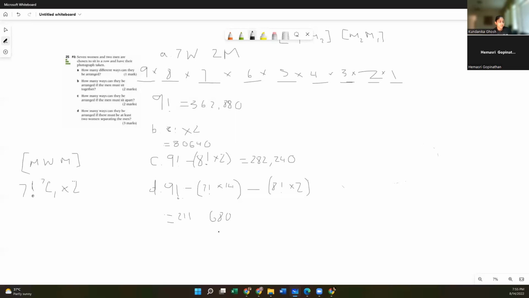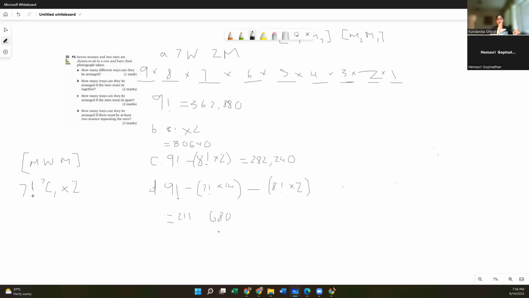Where in the side where you wrote 7 choose 1, are we multiplying that with the rest of the writing? Yeah, we are multiplying. So we're going to multiply everything. So we have 7 factorial because there are 7 options if we consider man, woman, man to be 1 entity. And then within that 1 entity, there are 7 different options for the women. So we multiply the 7 factorial by the 7 different options that we have for the women.